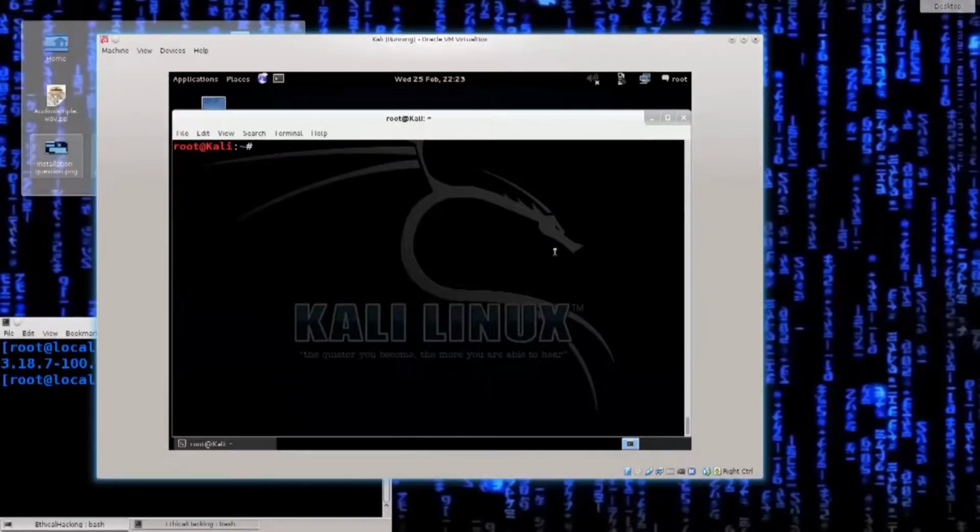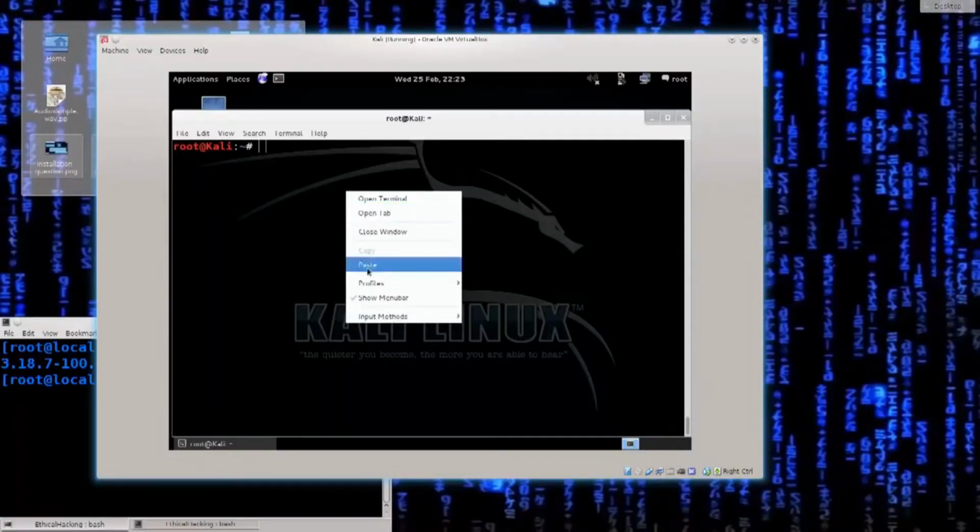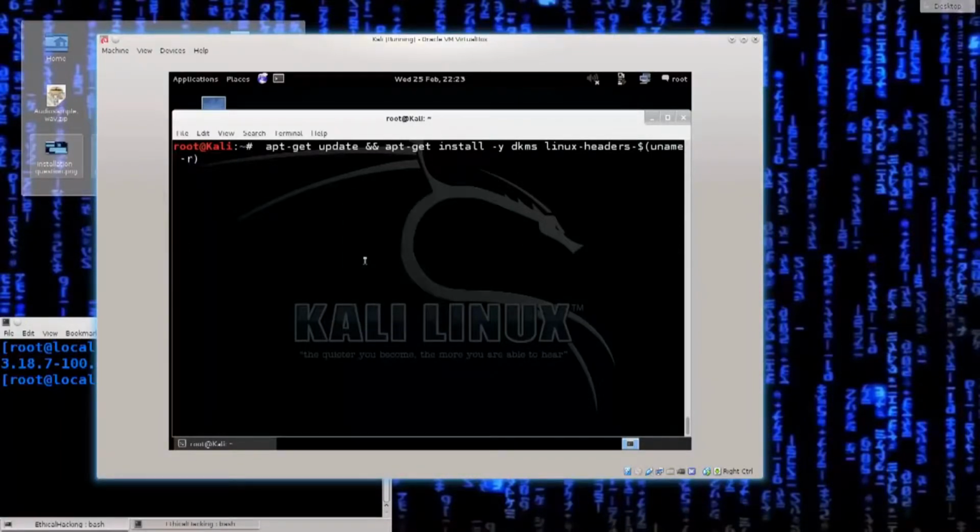And now what I want to do is install 2 more packages, which will allow me to actually install and run VirtualBox guest editions. So I have a pre-built command here for you that I'm going to run. It goes like this, basically. You have apt-get. You're calling the packet manager, you're telling it to do an update, but since we already did a few updates, I don't actually need that portion of the command. I'm just going to go ahead and use apt-get